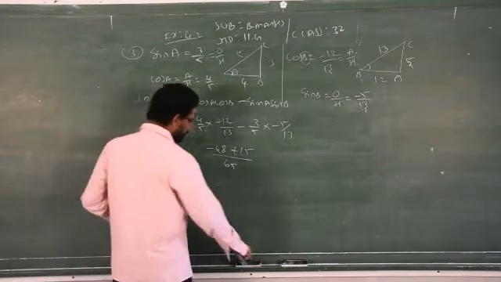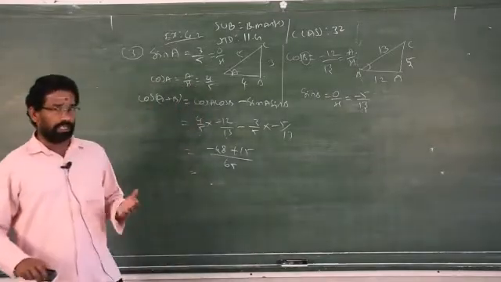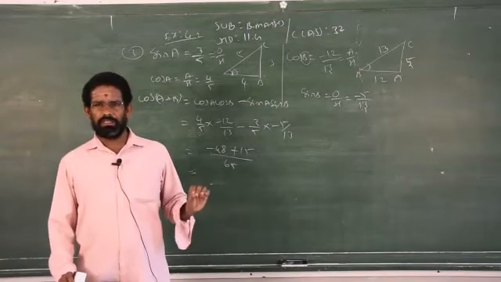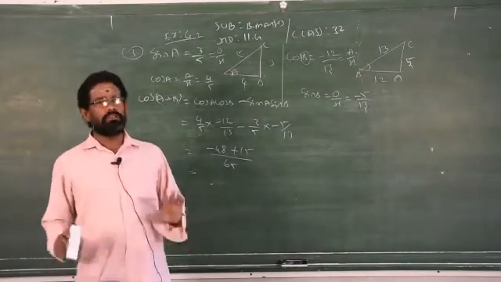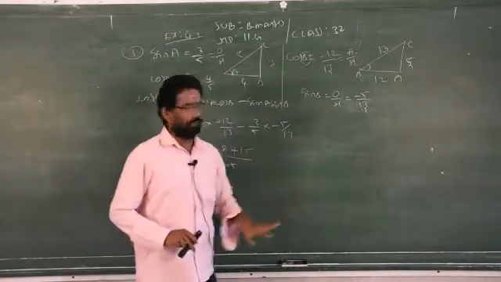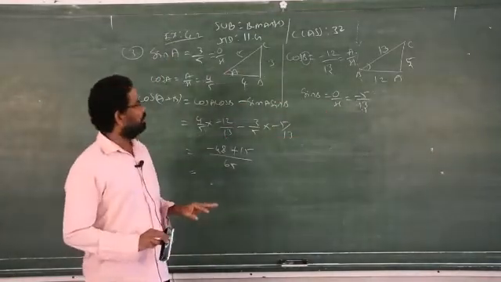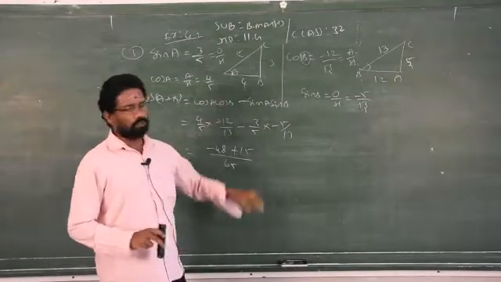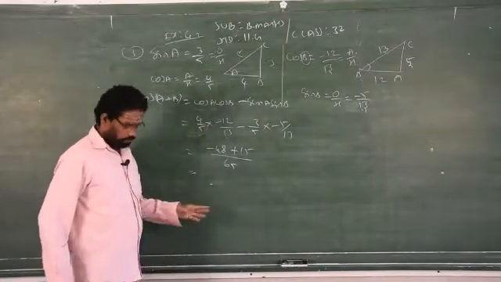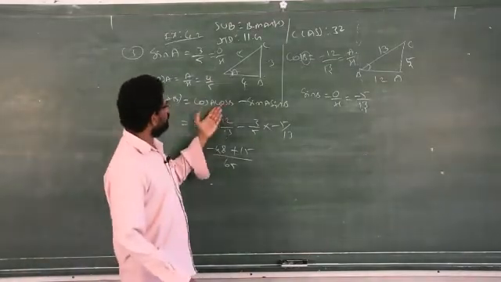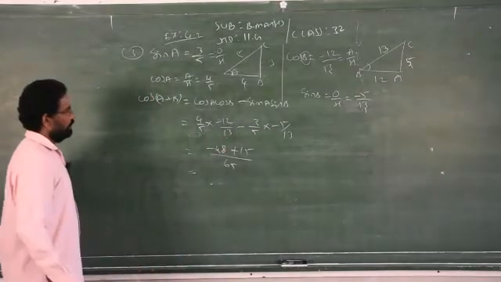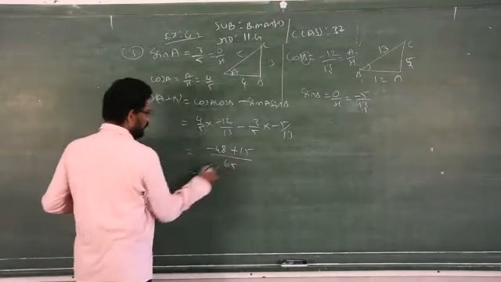Likewise, you have to find sin A minus B. You know the sin A minus B formula: sin A cos B minus cos A sin B. Use the formula. Already we found sin A, cos B and sin B, so it is not necessary to find any more ratios than these. Just write down the formula by referring to page number 131 and substitute the values like this. You will get the answer. Clear? So subtract and write.